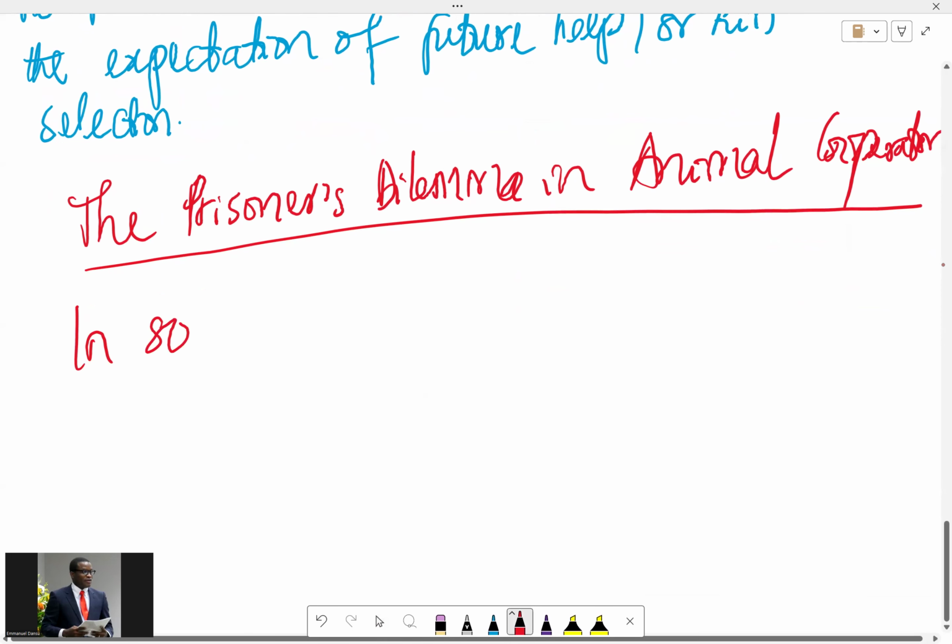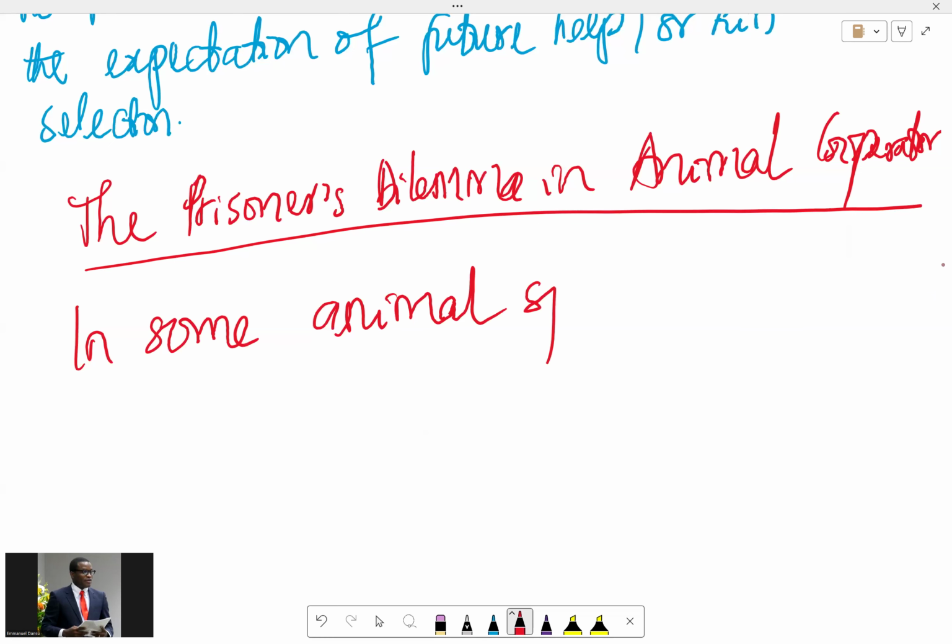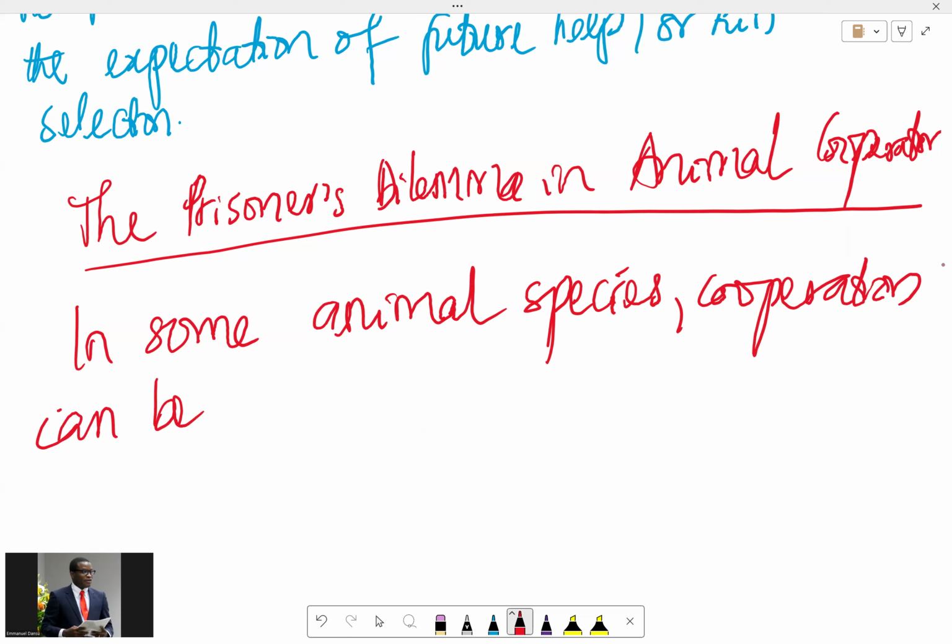So in some animal species, cooperation can be modeled as a prisoner's dilemma,